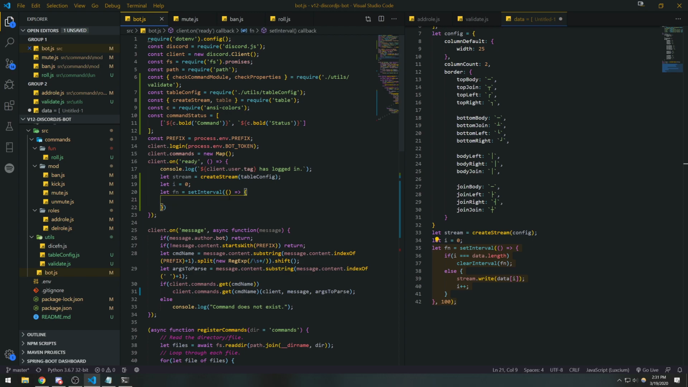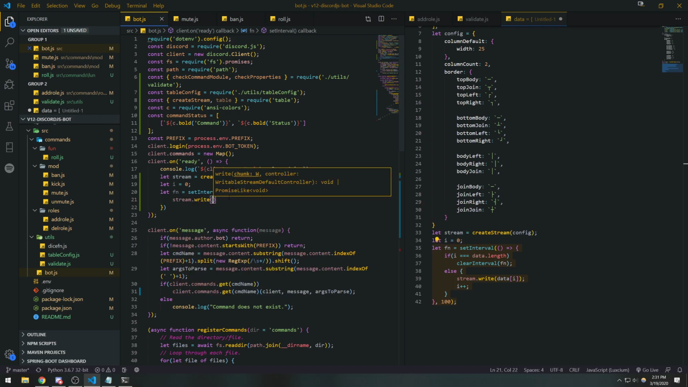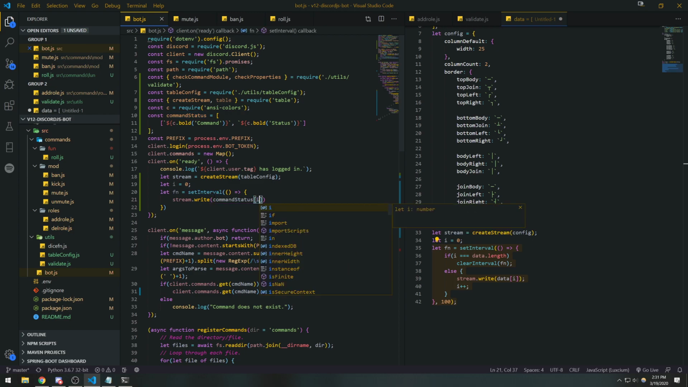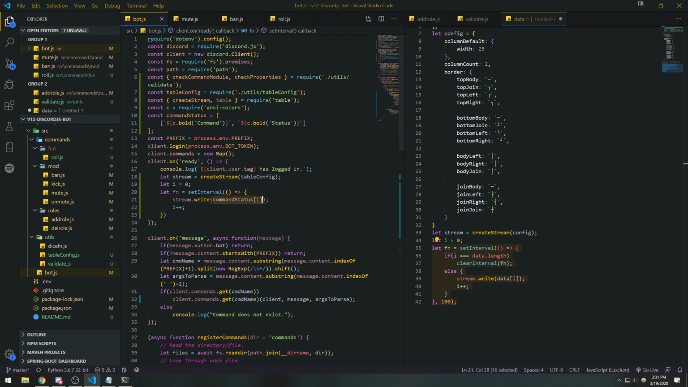Okay, and what we want to do is say stream.write, and we're going to reference this command status array and get the element at the current index. So we're going to get i. We want to write it to the stream, and we're going to increment i so that it goes to the next array. Because remember, this is an array of arrays, so each element that we're referencing is going to give us an array back, and that's the value that we're passing into